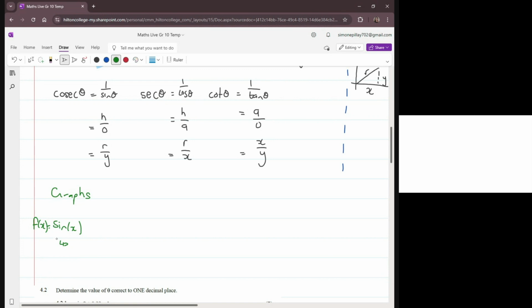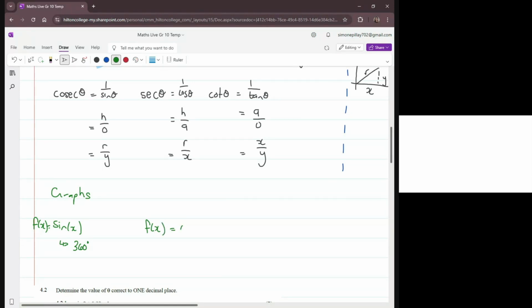Anybody know what's the interval? Do we know what an interval is of a graph? It is 360, meaning one sort of wave in my sine graph is going to be 360 degrees. My maximum and my minimum is usually 1 for our sine graphs. We also then can have a